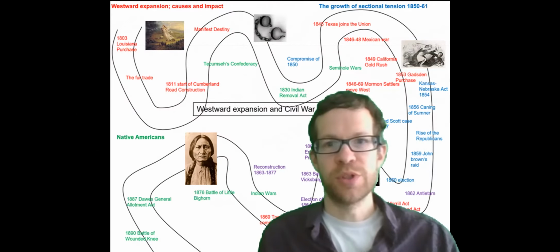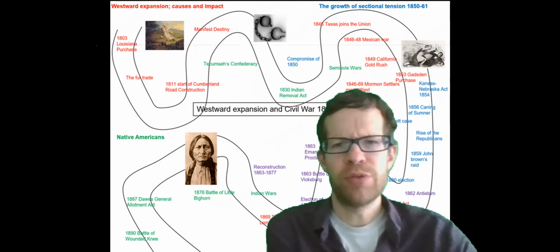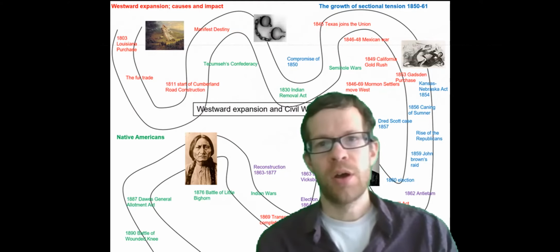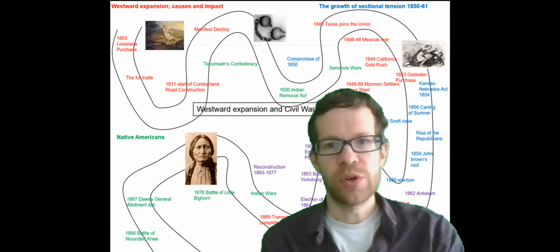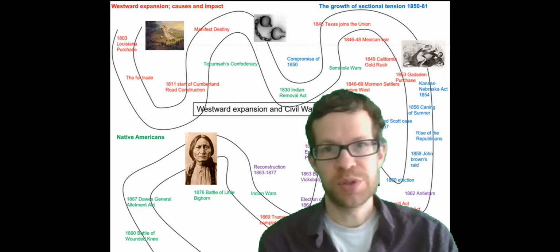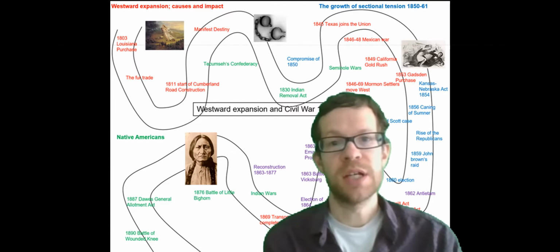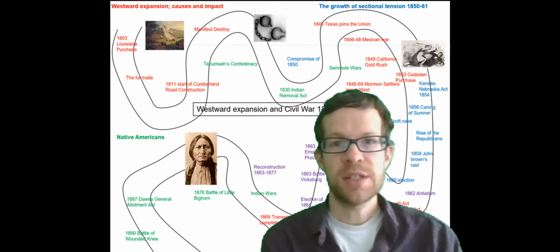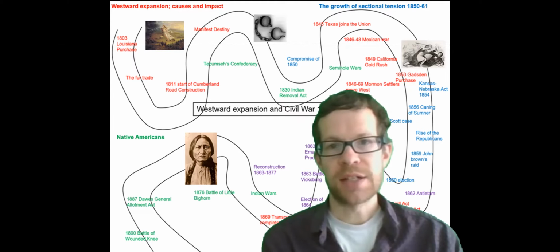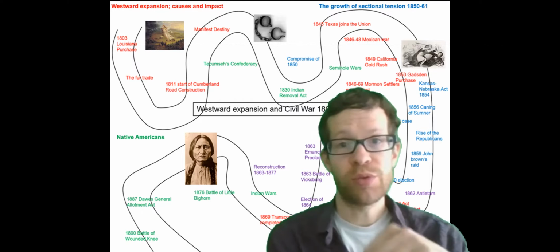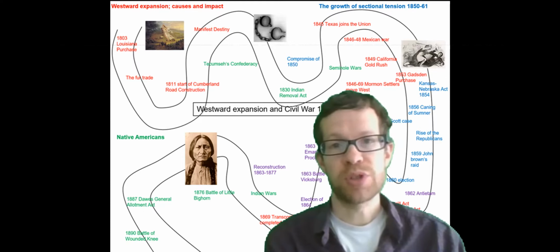Hello and welcome to this America 1803 to 90 revision lesson 1, which focuses on the element of the course which is about sectional tension from 1850 to 61 and the Civil War from 1861 to 1865. You will need the revision lesson template and link to revision notes and essay plans and other documents, and you will have either been sent that or you will find a link to it in the description at the bottom